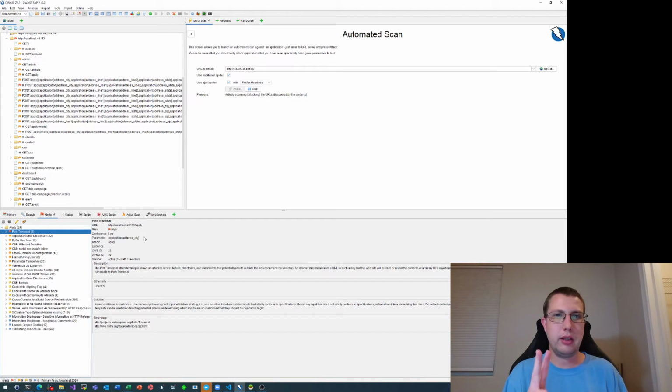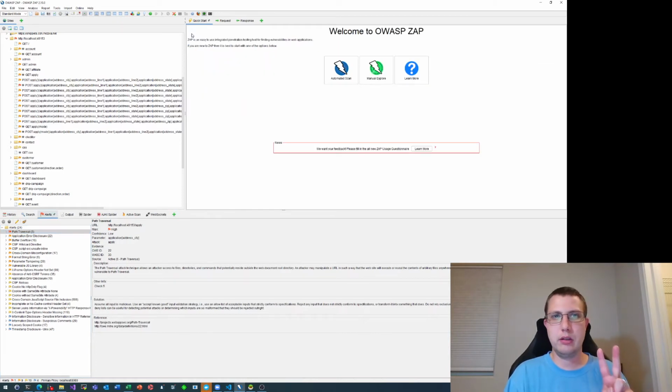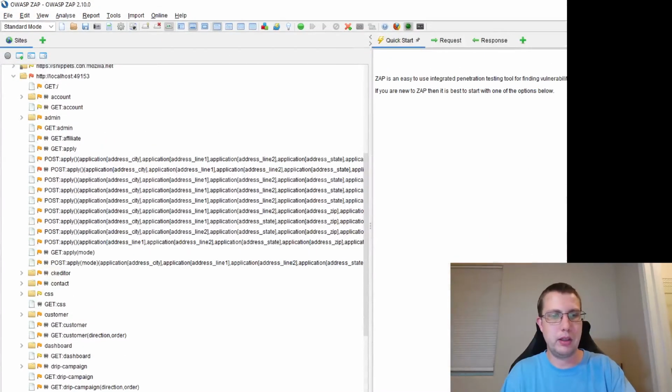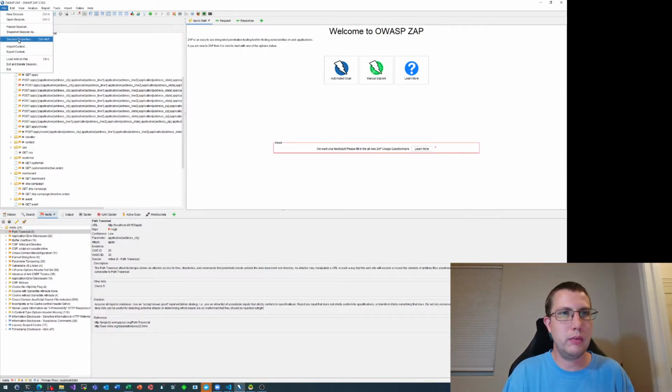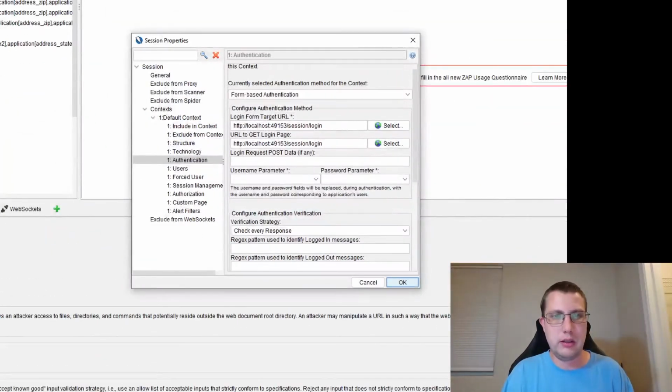This is actually the second scan because I did a first scan, just an automated scan, and I realized that it wasn't capturing all of the URLs. So I actually did two things that I want to show you. The first thing is on the file menu. There's this session properties option. If I try to zoom in, you don't see the file menu. So file menu, session properties. And then down here,